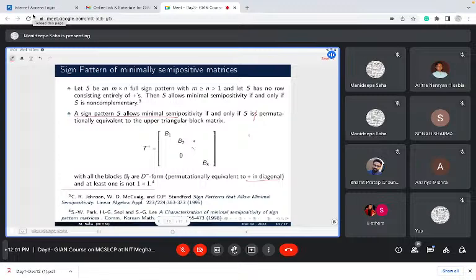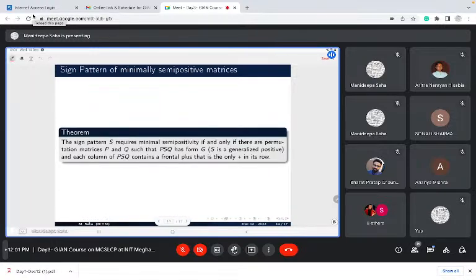Okay, then this characterizes all the sign patterns that allow minimal semi-positivity. So the next question is, what about the requires? The answer is yes. We also characterize the sign pattern which requires minimal semi-positivity, and this result says